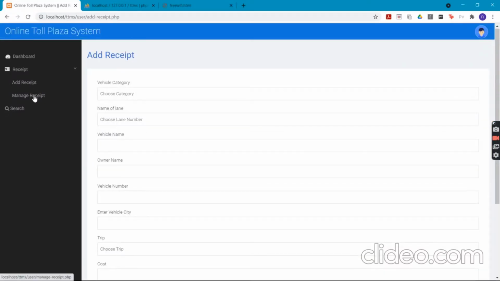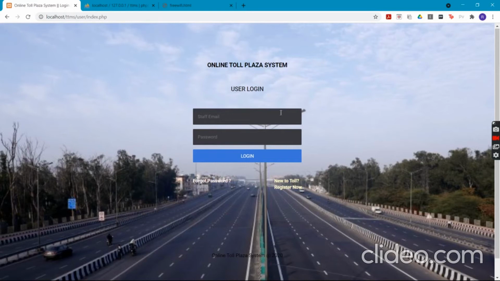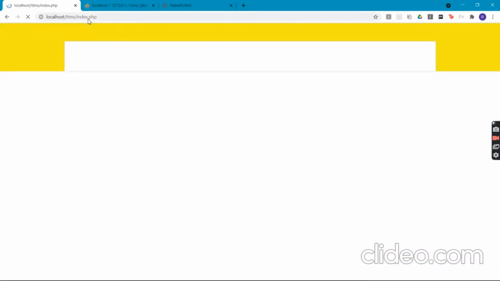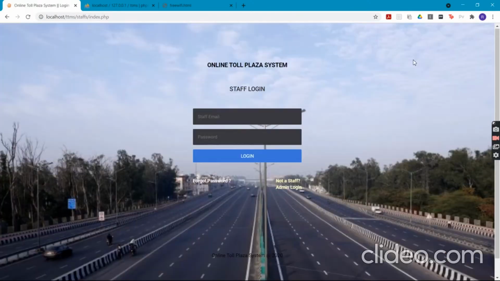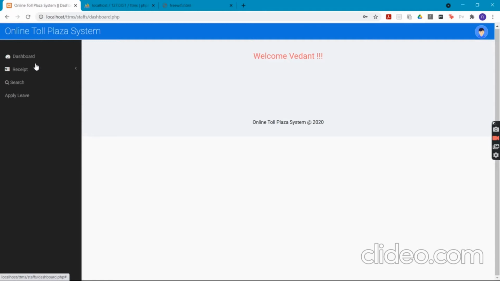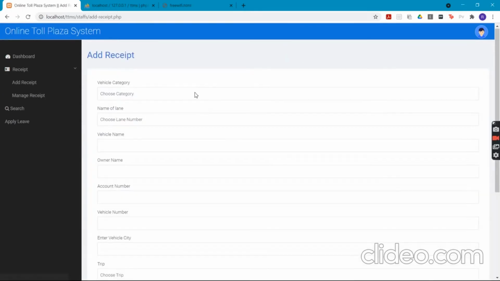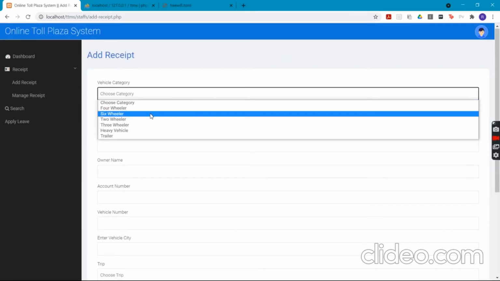There are different options on the website for user and for staff as well. Let me show you the staff part. If instead of a user, a staff member tries to log in, let's say he tries to add the receipt for the user.